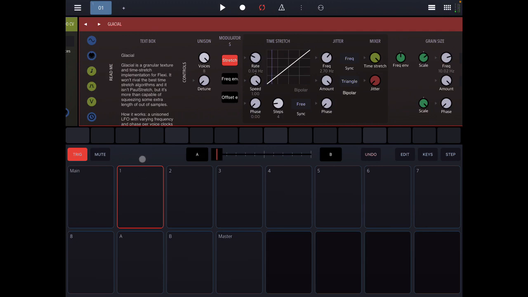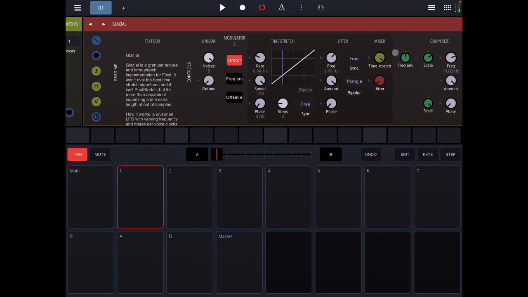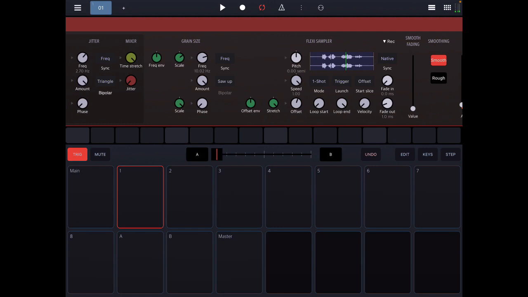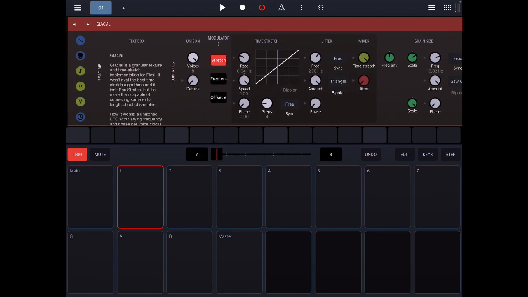This video is going to be about a time stretch patch called Glacial by Beepstreet that you can get from Patch Storage. It stretches time using samples and a granular approach. This isn't going to be like a bread and butter time stretch tool where you can just go in really quickly and say you want to stretch something 200% or whatever. But it lets you stretch samples, and I think it's pretty useful. There's a couple different ways that you could use this. Anyways, I'm going to walk through the controls, give you a couple different use cases, and then explain how